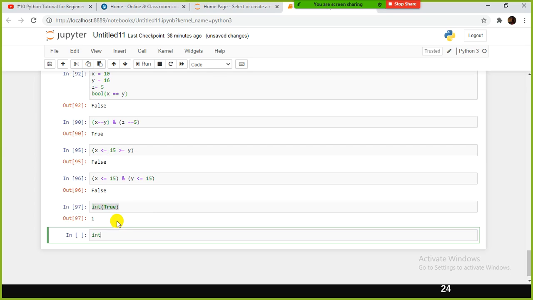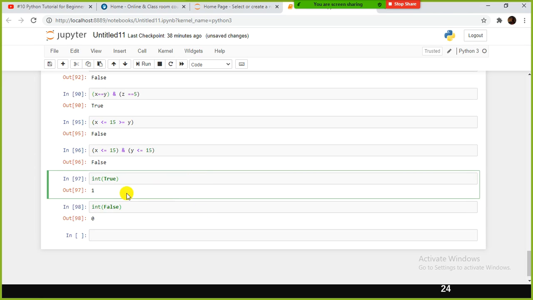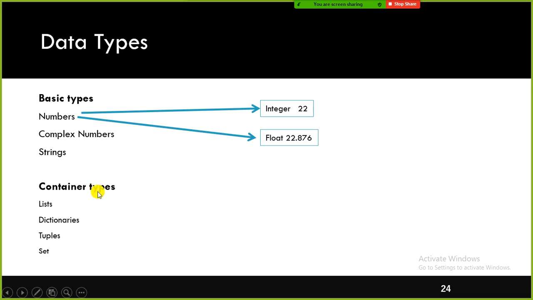Int of true is 1, int of false is 0 by default. Behind the scenes, true is 1 and false is 0. Even if you convert it to integer, true is 1 and false is 0. Remember this one. Next we will jump into the container types or collections.